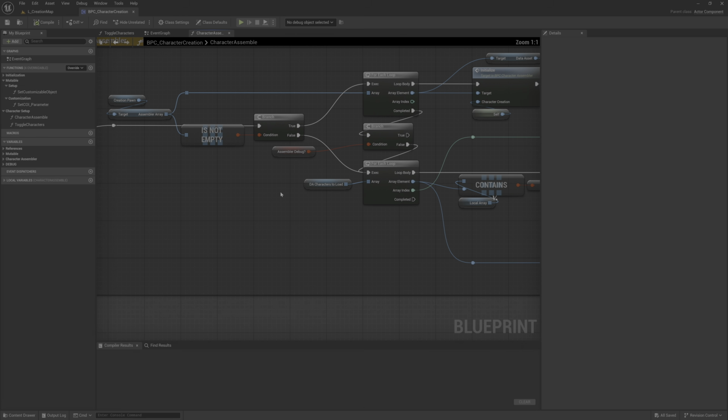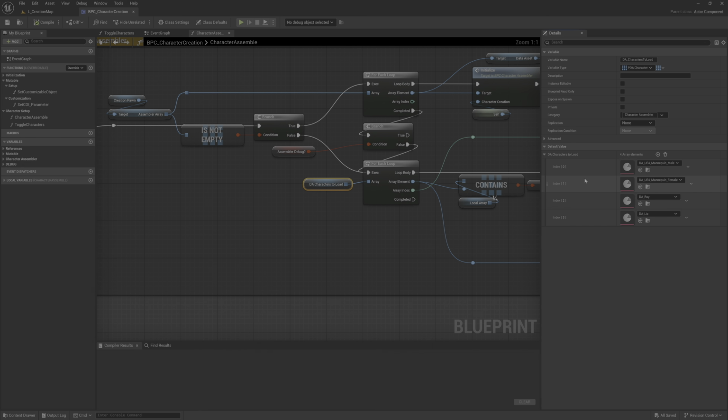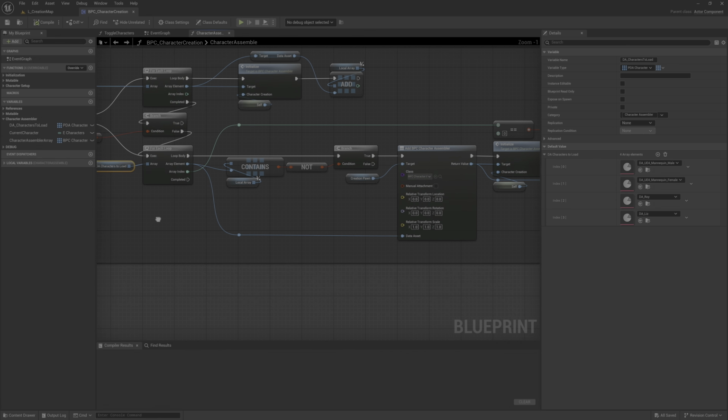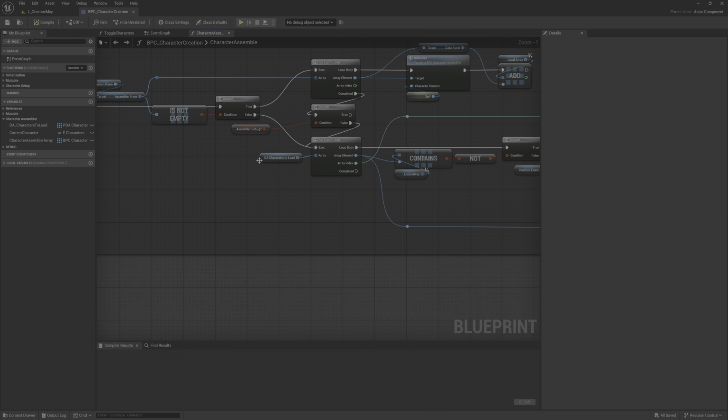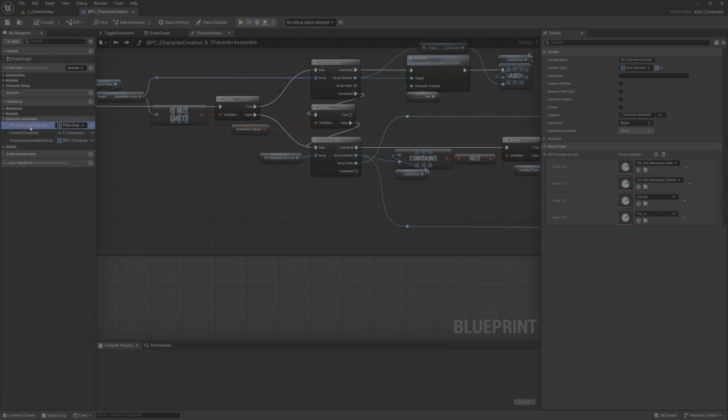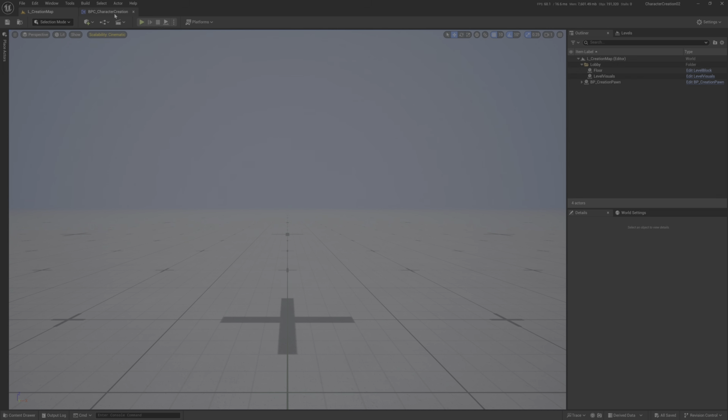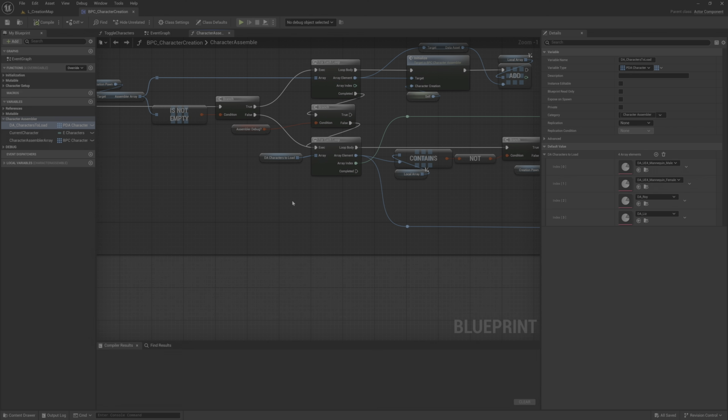And then I check all the characters that I want to add in their corresponding data asset, and I repeat the logic and do some other stuff. But the important thing is that this DA character to load variable, this array, has all the possible characters that I want the system to load every time I hit the play button.